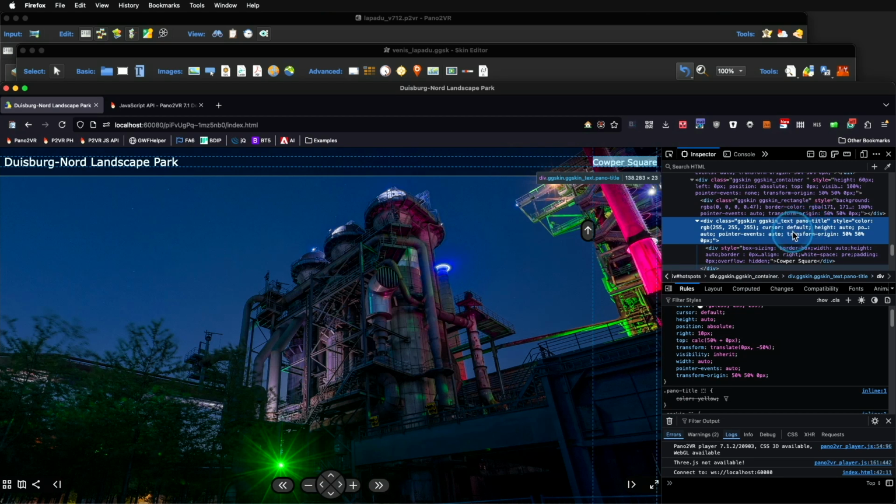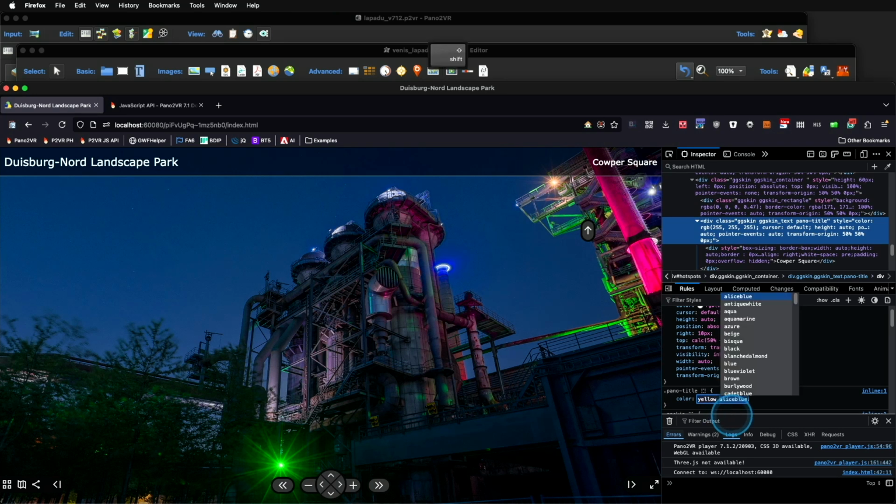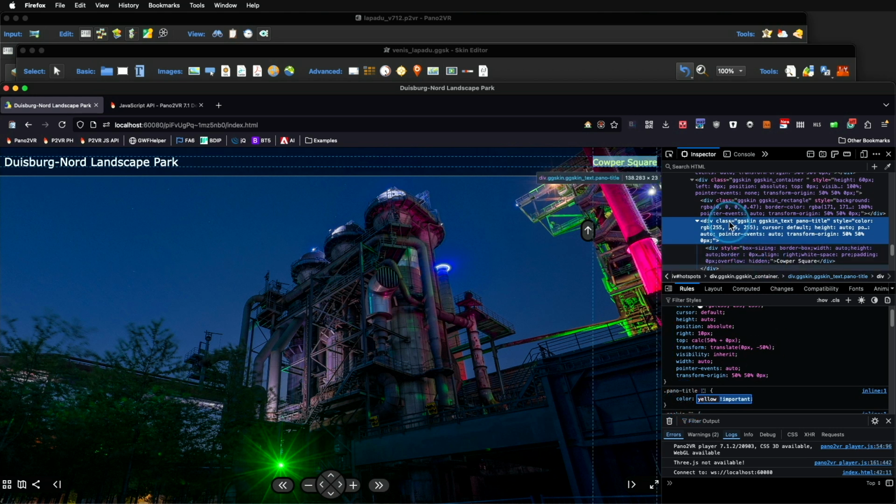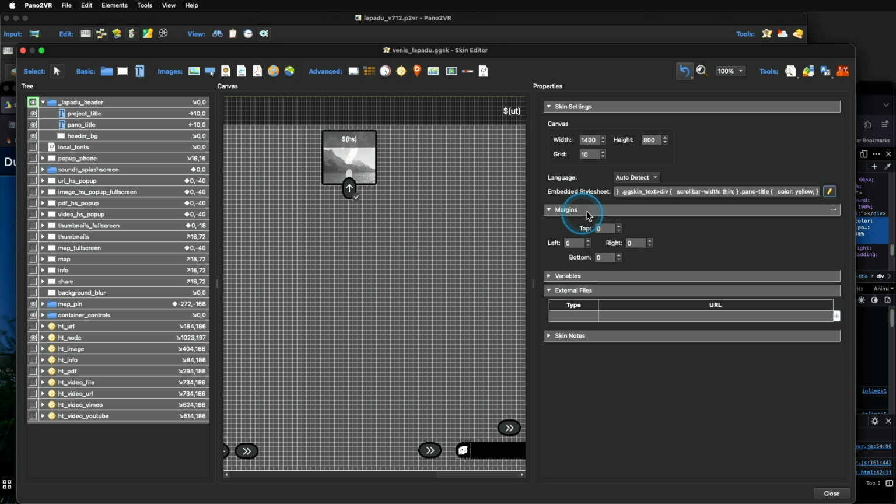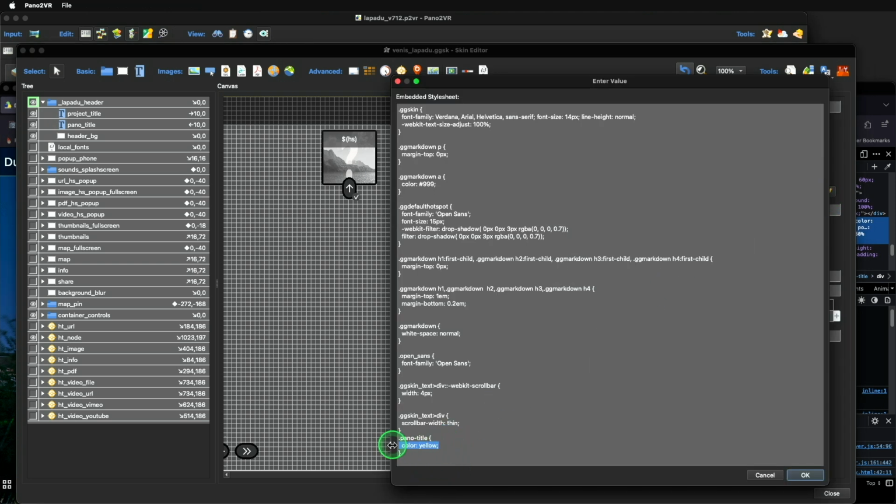It overrules everything. If we want to overrule an inline style with a class, with a definition from outside, you need to add a little extra, and this is named exclamation mark important. You see it is the only parameter with an exclamation mark. And this means exclamation mark important: I want to overrule everything what's told, even in inline styles, and now it is yellow. So just copy it, go back to the editor and insert it here,